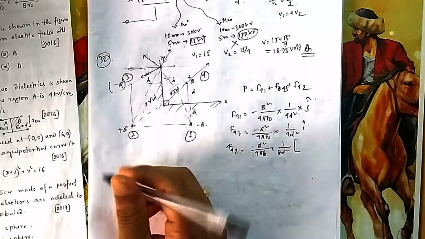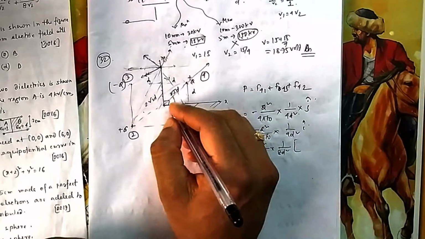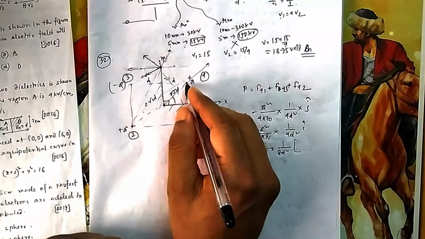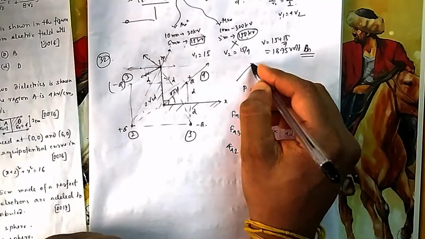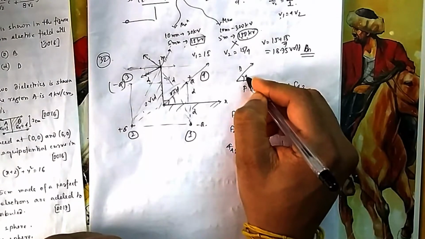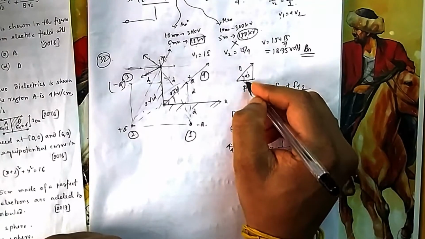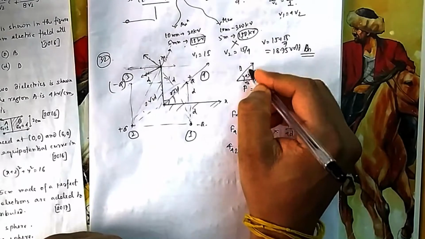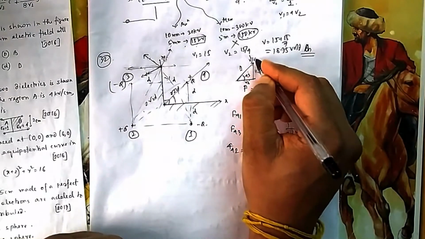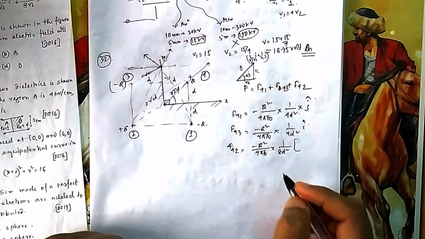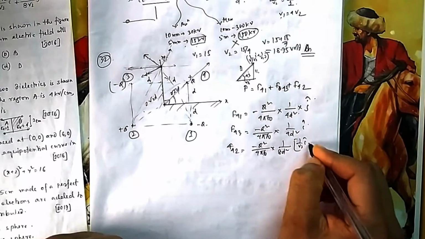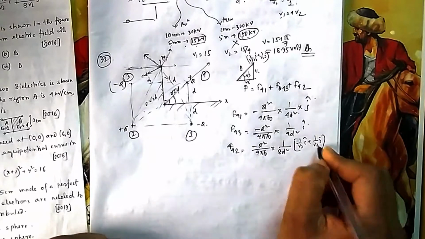This direction is the same as this. So what is this direction? This is 45 degrees. So 45 degrees means if you are going 1 unit, it is 1 by root 2, 1 by root 2. Unit direction means you will go 1 unit, and this angle is 45, so this will be cos 45, sin 45, which is 1 by root 2, 1 by root 2. So this direction is written as 1 by root 2 i cap plus 1 by root 2 j cap.